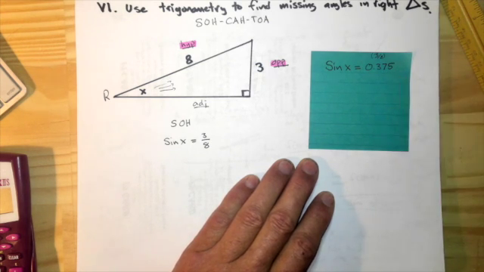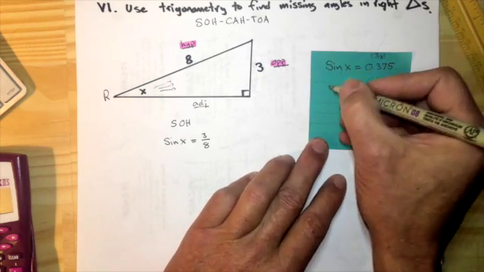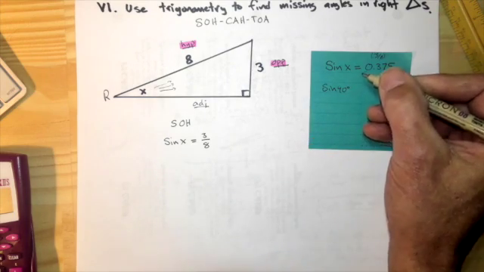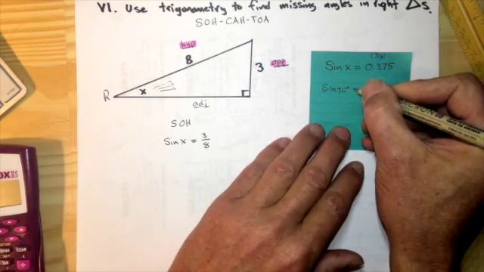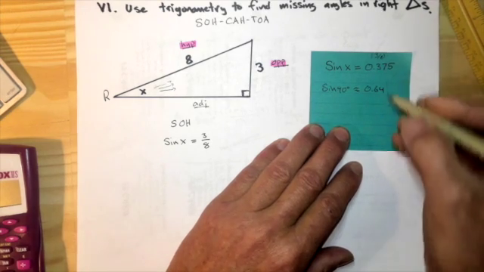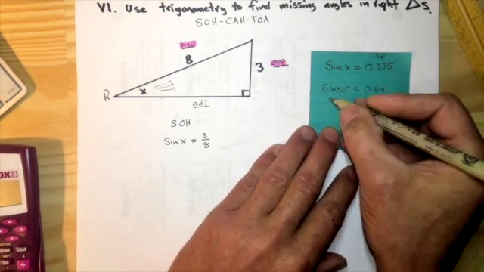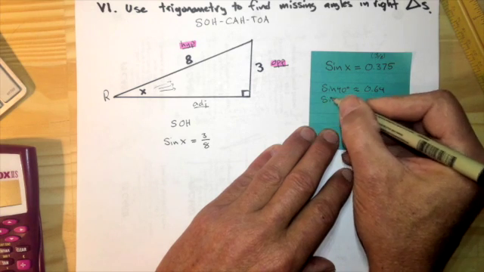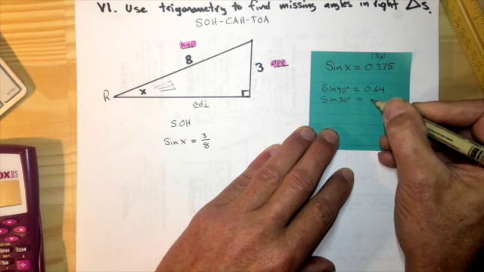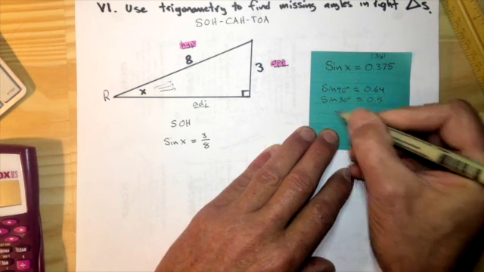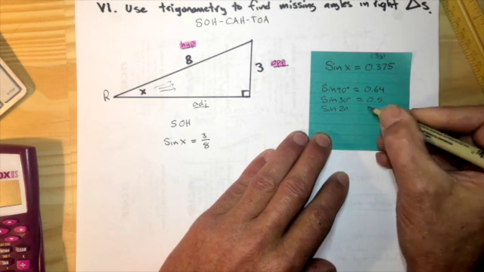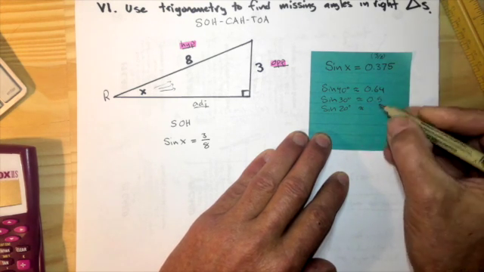I might say, well, let's see, what's an angle? Let's suppose it's 40 degrees. So what's the sine of 40 degrees? On the calculator, I can calculate the sine of 40 degrees, and that's approximately 0.64. And that's not the same as that. So let's try a smaller angle, the sine of, say, 30 degrees, and that's approximately 0.5. Still not small enough. So what's the sine of 20 degrees? The sine of 20 degrees is approximately